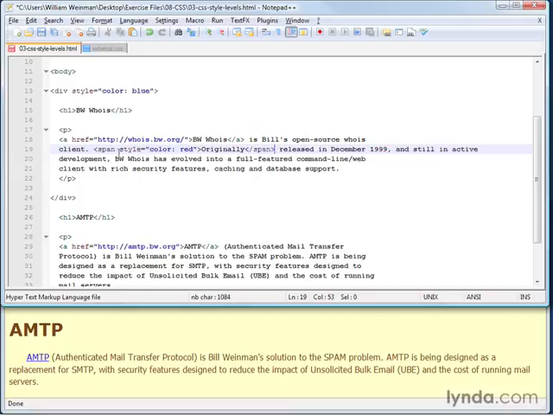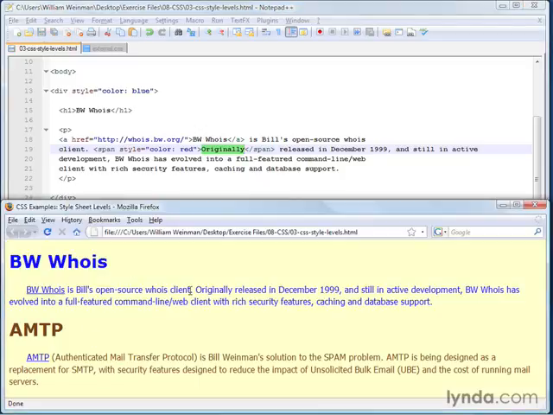So span is an inline level element that has no properties of its own but is used for applying style. So here we have span in a style of color red. So the text of this word originally will be red, whereas the rest of this paragraph will still have the color that it's inherited from this div element that we just inserted. So I'll go ahead and I'll save that, and we'll see that the word originally will now turn up red. And there we have it.